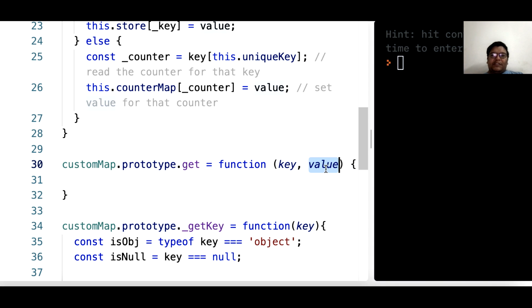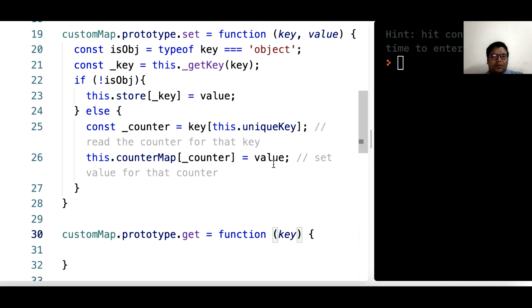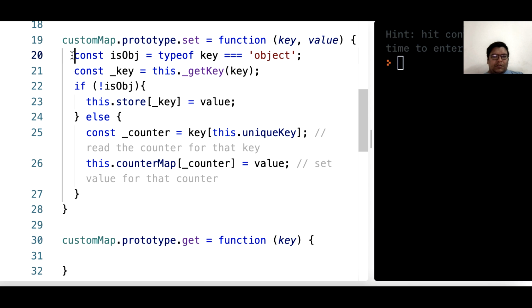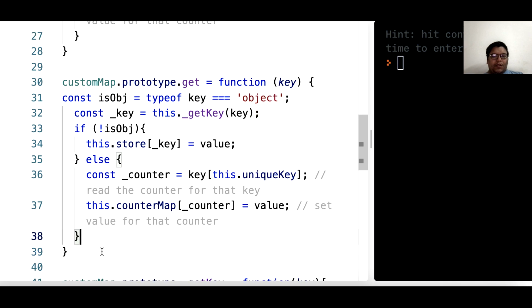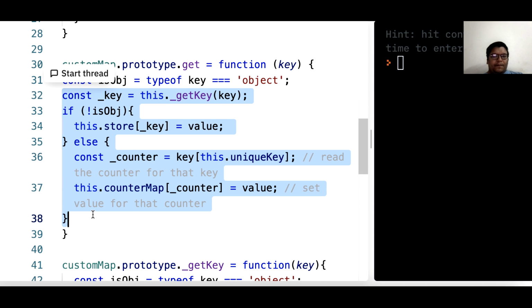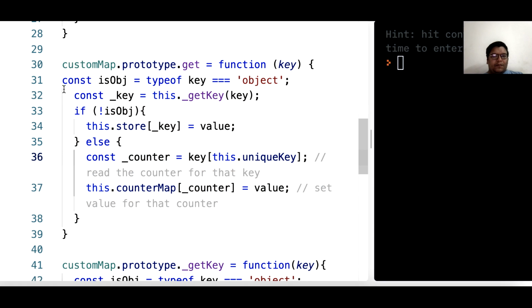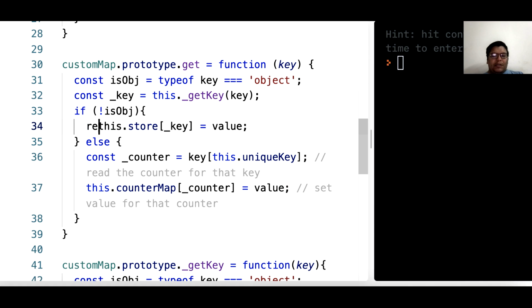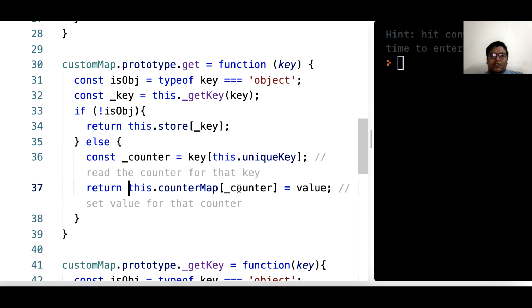So in get we'll just pass the key. Again, we'll check if it's an object, we will try to get the key. If it's not an object, we will simply return whatever the key is being written, else we will read the counter, and we just need to return it, we don't need its value.